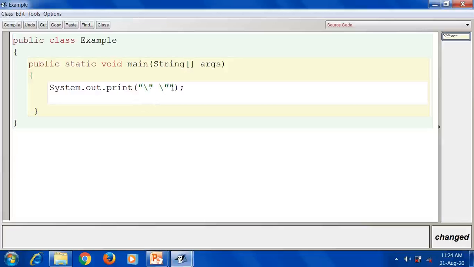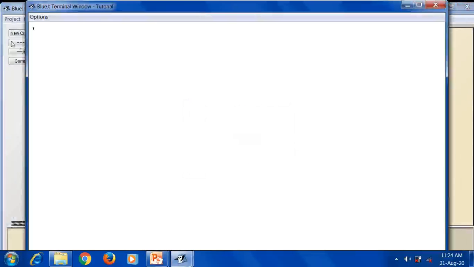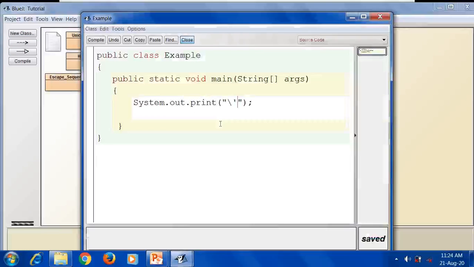Now if you want to print a single quote, let me delete this, use the backward slash character. I want to print a single quote on the output screen. After making every change, you have to compile your code. Compiled, no syntax errors, close it. Then again right click on this example, click on void main and click on the OK button. Single quote is printing. In the same way, if you want another single quote, just add 1 more backslash like this and give that single quote. You will get another single quote.